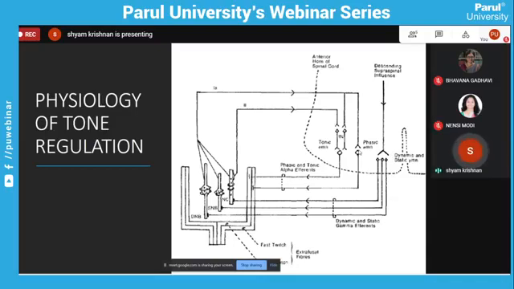And you see that it is receiving only one synapse. If you trace this neuron back, you can see that it is basically coming from the intrafusal muscle fibers,